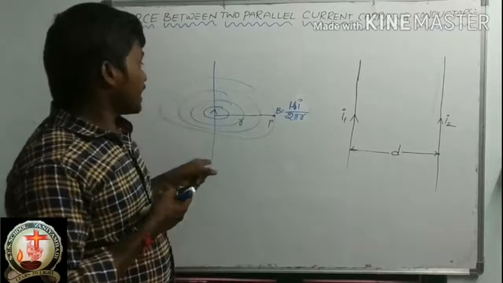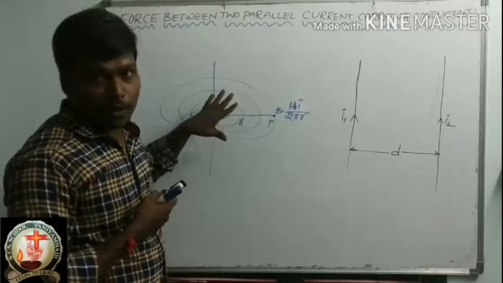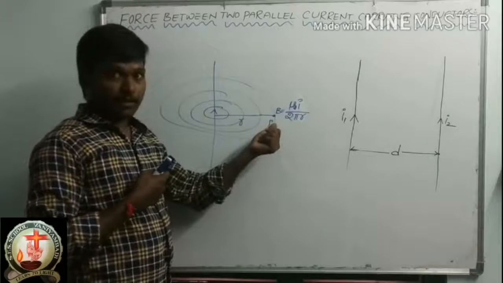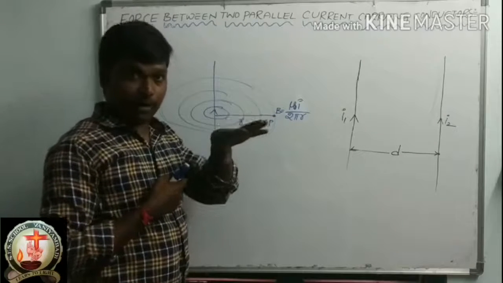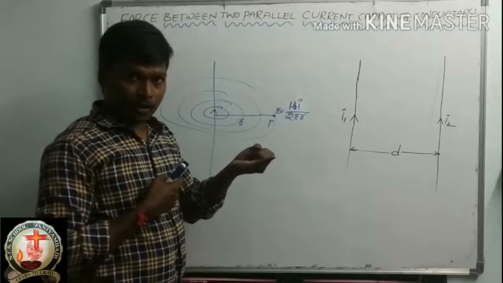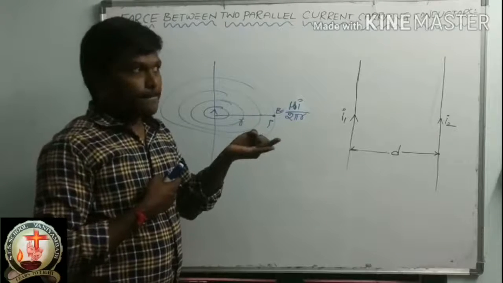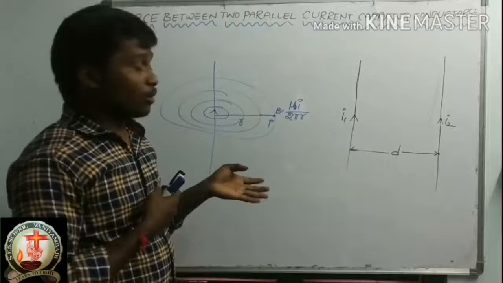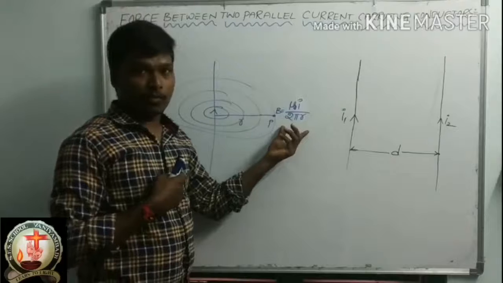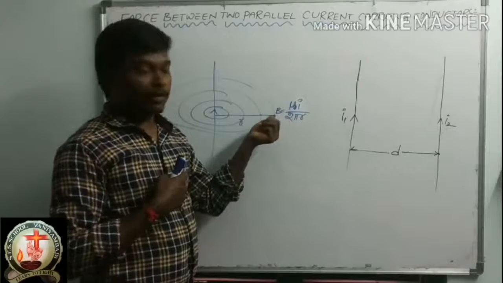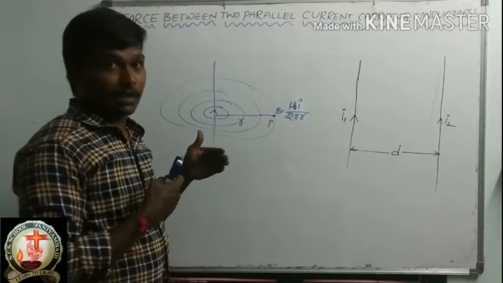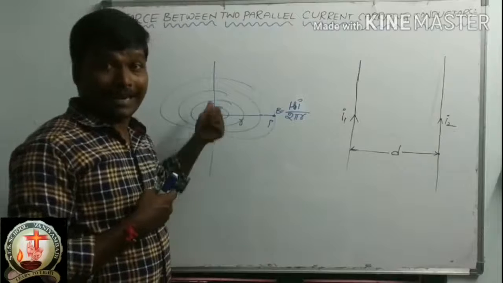Whenever a current carrying conductor is producing a magnetic field, we know that at a particular point at a small distance from the conductor, we have to find the magnetic field expression. We already did this by the use of Ampere's circuital law and by the use of the Biot-Savart law. You can go through your class notebook and see the expression of the magnetic field at point P when a current is carrying in a straight conducting wire.